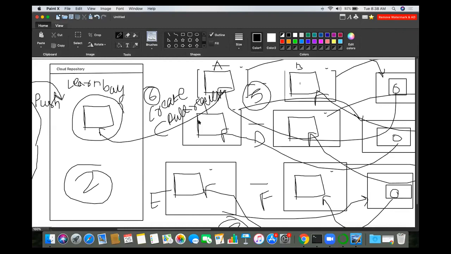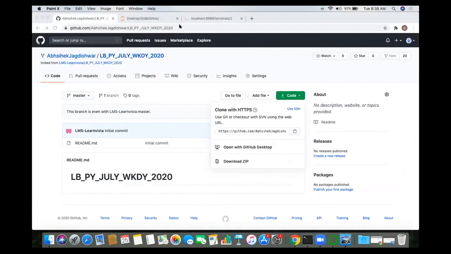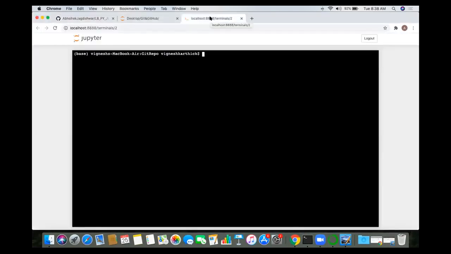Now let's do one thing. Okay, so where we are: we have created the cloud repository, and you have forked it into your cloud repository. Now we have to create the clone. So to create the clone, we need to come to our terminal, or you can say to your Git bash. Those who are on Windows, come to your Git bash, and those who are on Mac or Linux, they can come to their terminal. Okay.